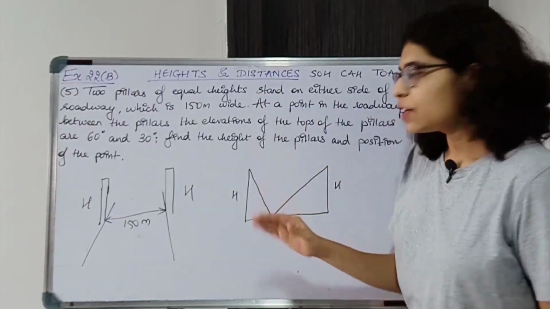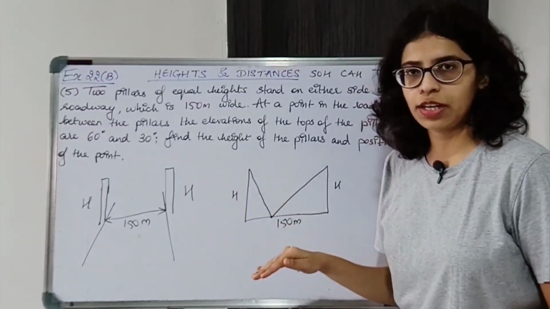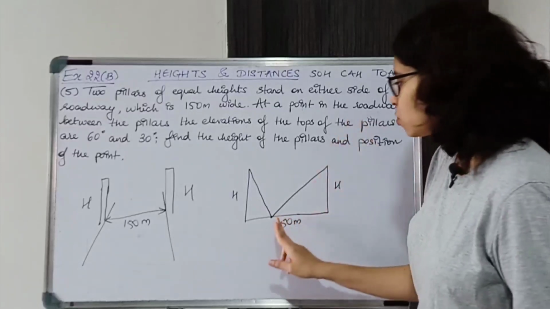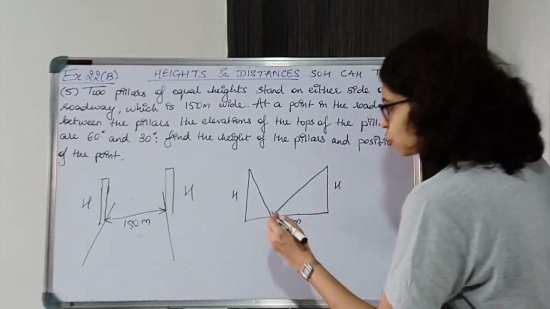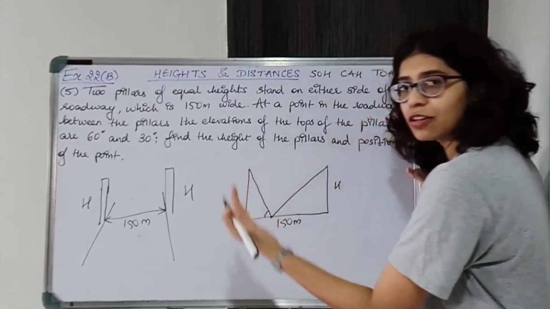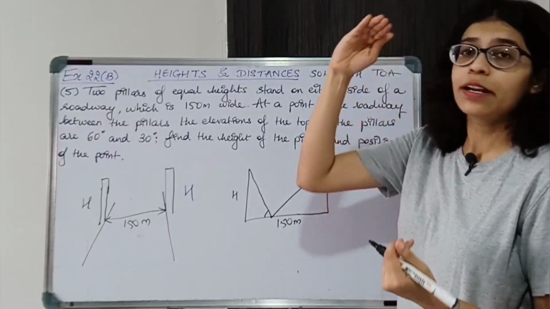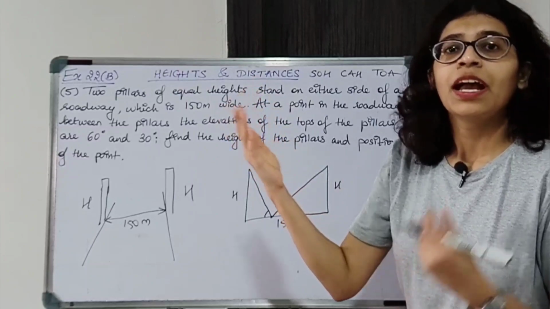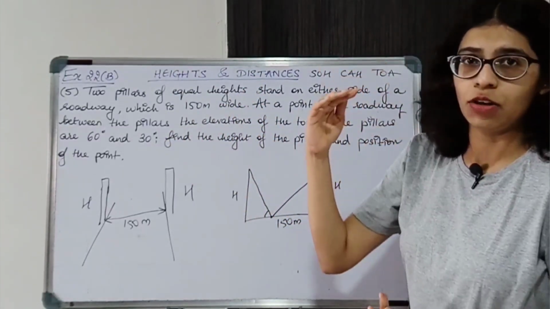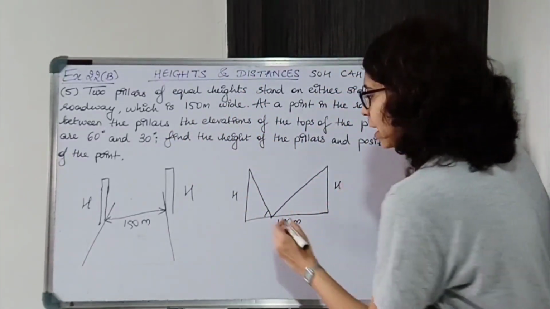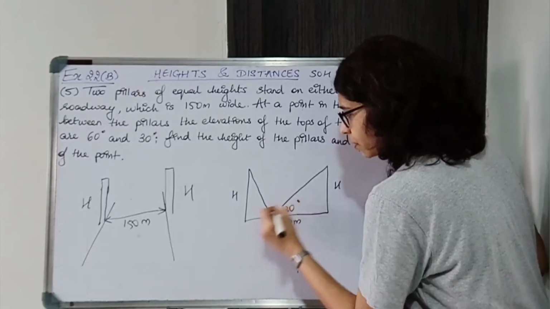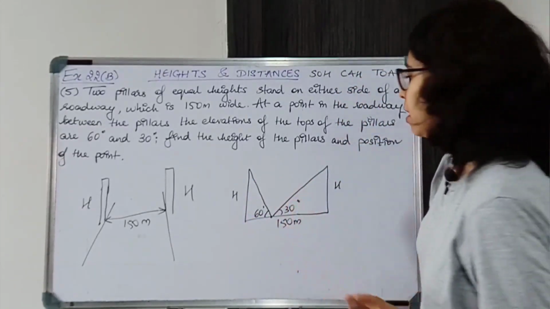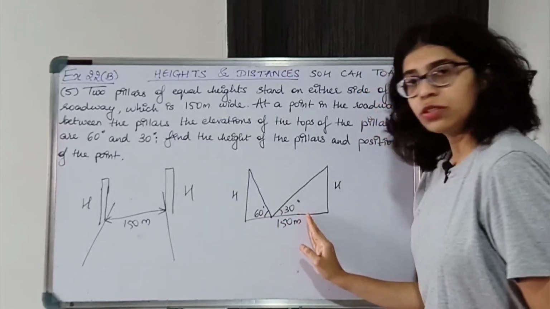What is the angle of elevation? The angle between the line of sight and horizontal. Same thing over here. The angle between the line of sight and horizontal. Now this one is closer to this pillar. So for this we'll take greater angle of elevation. You have to tilt your head more to look at an object when it is closer to you. And when you're far, you don't have to tilt your head a lot. So from here it is far, so the angle of elevation here will be less, and the angle of elevation here will be more. Simple.